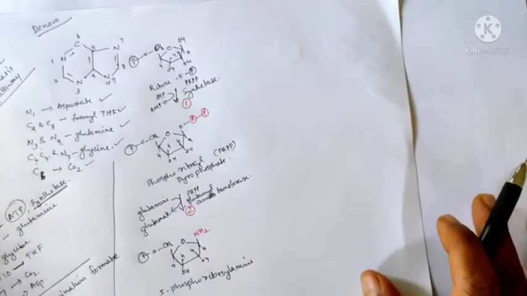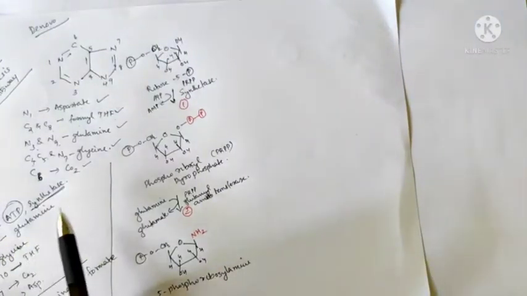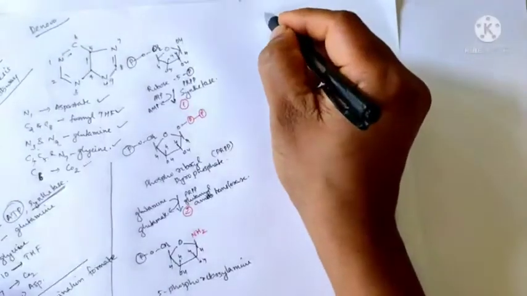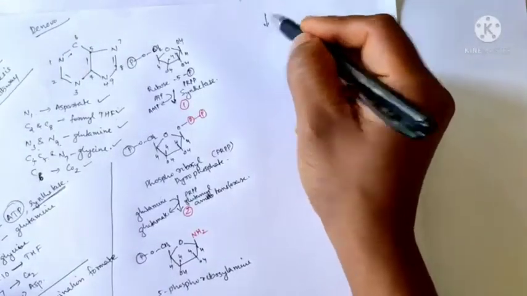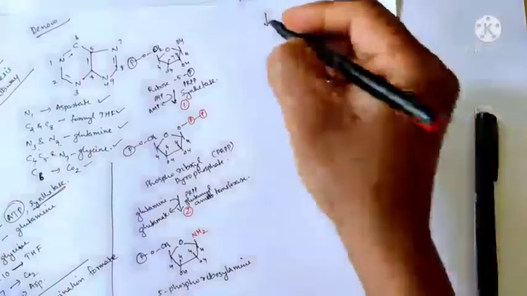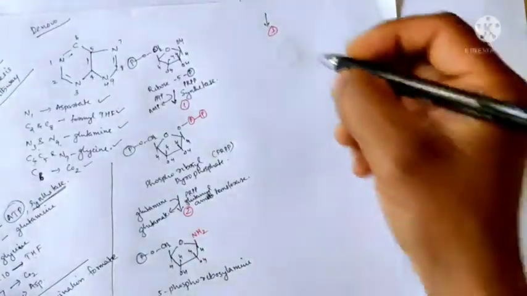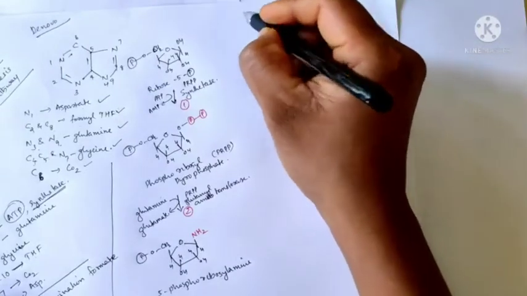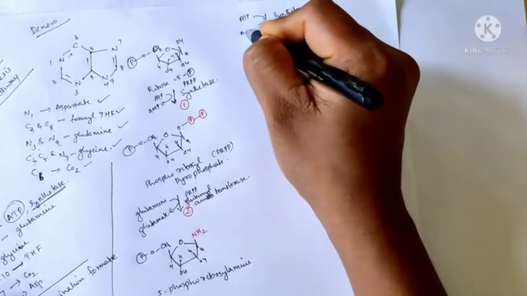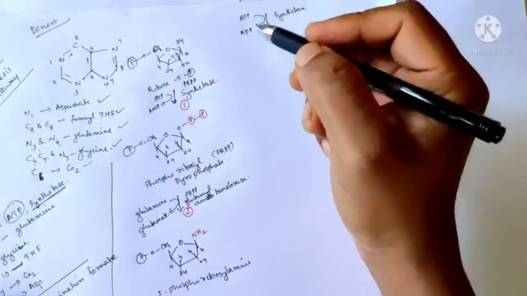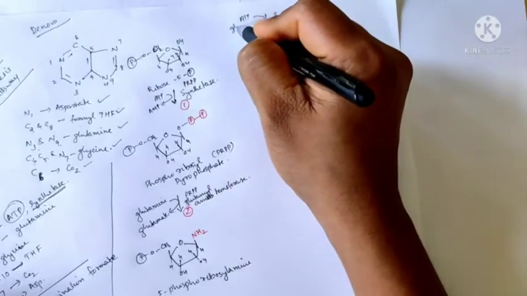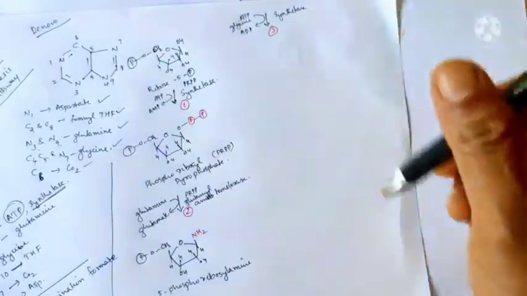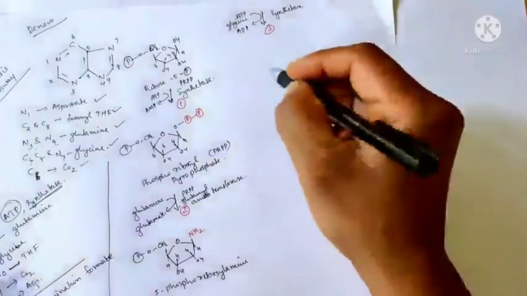And coming to the third step, again we have told the third step requires ATP and the enzyme catalyzing the reaction is synthetase. Third step is synthetase. It requires ATP. ATP is converted into ADP. Again we have studied the third step requires glycine. Third step also requires glycine. Okay. So